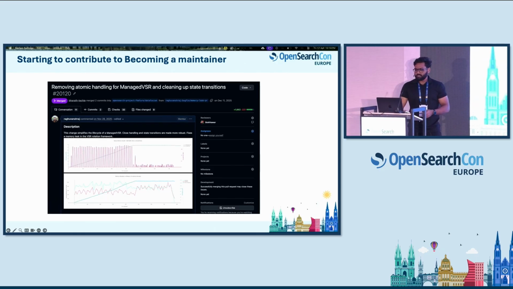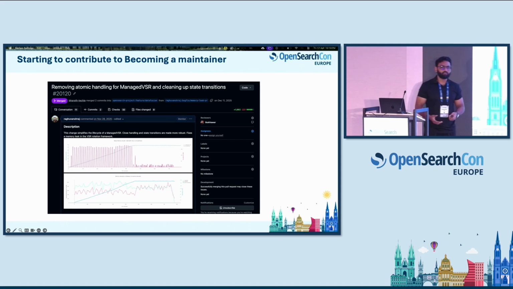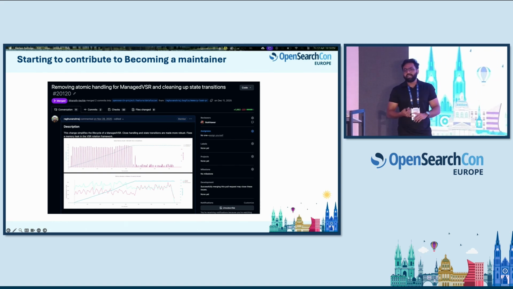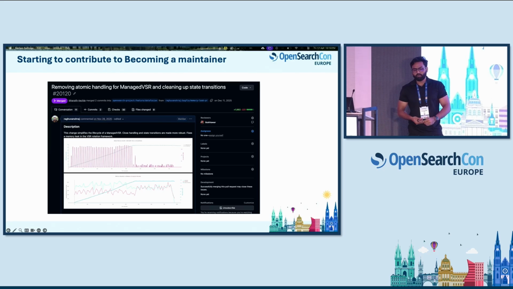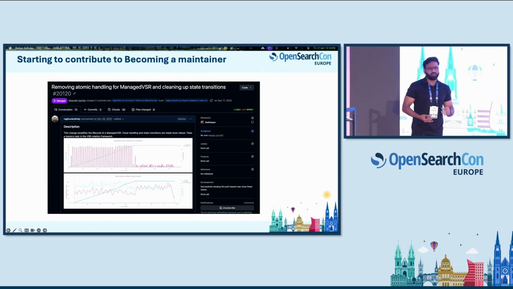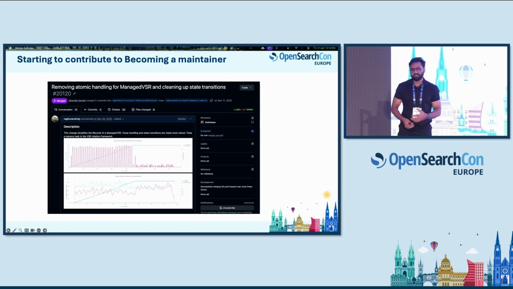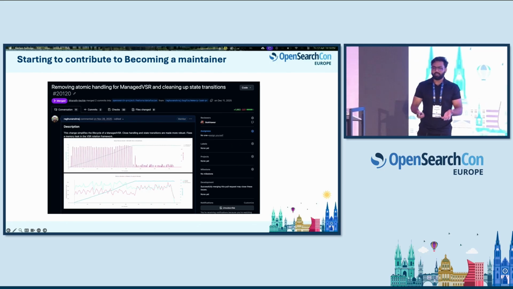When opening PRs, we often tend to not include a lot of information because it's second nature to us as the author. We add certain technical details, we know what we're doing, but if you think about it as a reviewer, you need to include a bunch of information. For example, memory profiles, flame graphs. It depends on what kind of issue you're trying to solve or what kind of feature you're trying to add. So for example, in this case, we were seeing a memory leak in the native memory profiles